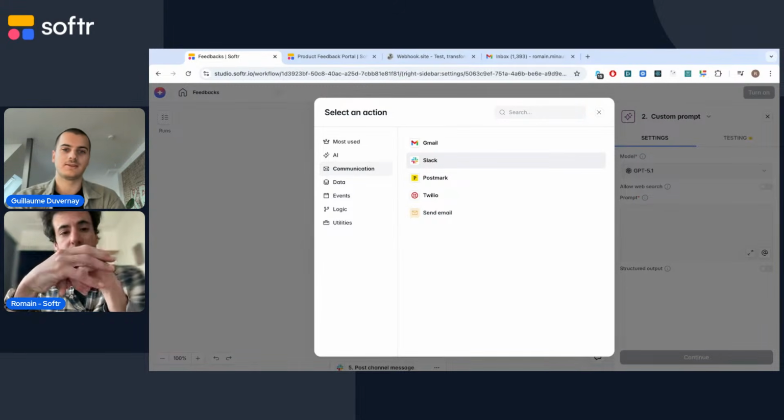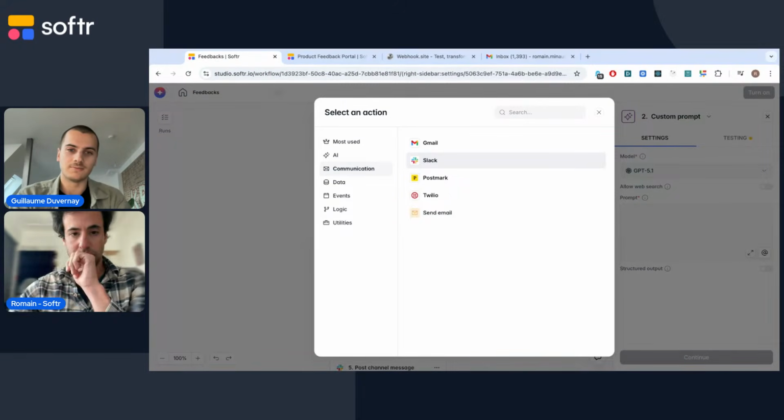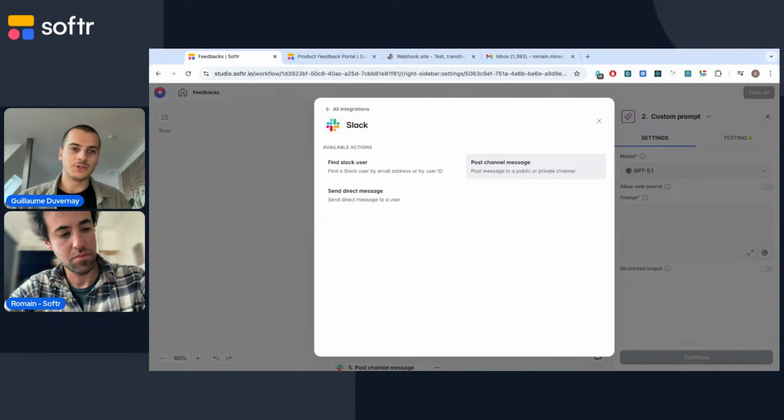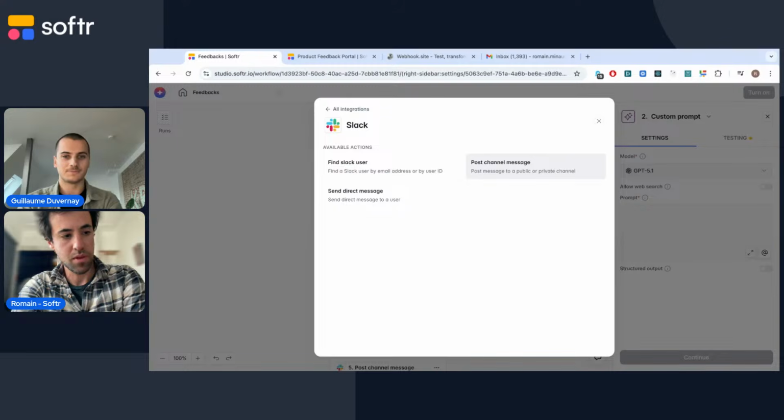I must say that the Slack one is the one I use the most, and most of my workflows are actually quite simple, two to three steps. I usually have it whenever a project reaches the status in review or something like that. I get a notification on Slack in the channel I select, and I can also add a variable to have the project name, or even the URL that I can open to directly find that project in my app. So this one is definitely very useful.